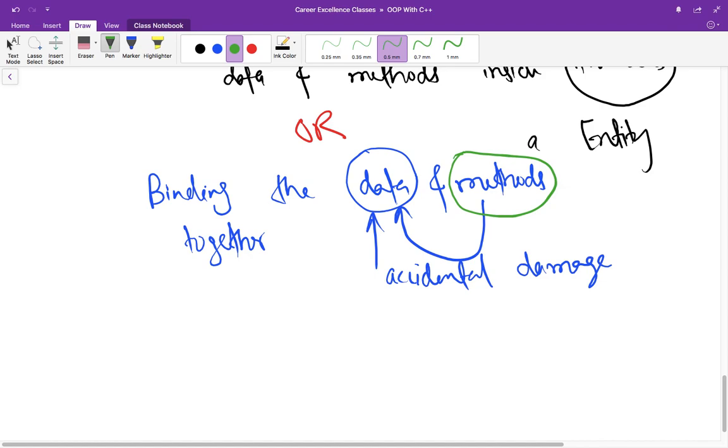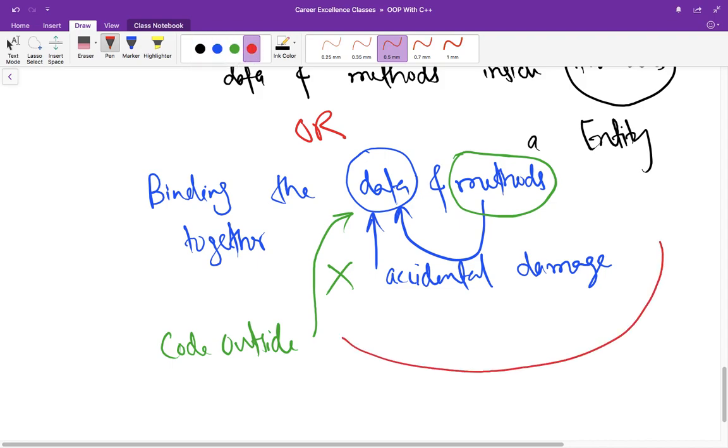If some code from the outside is trying to access or manipulate the data, they can't do it directly. What they have to do is access the method, and then methods can allow the changes in data, right?